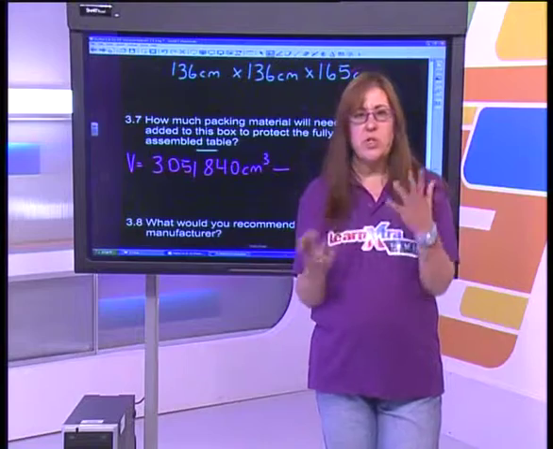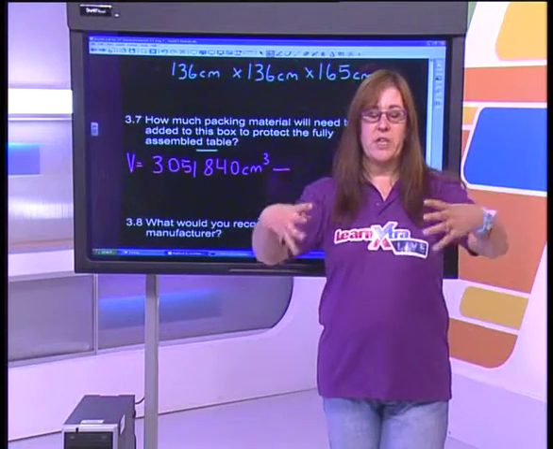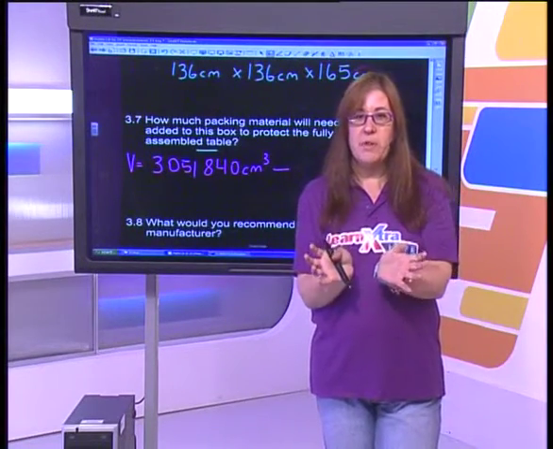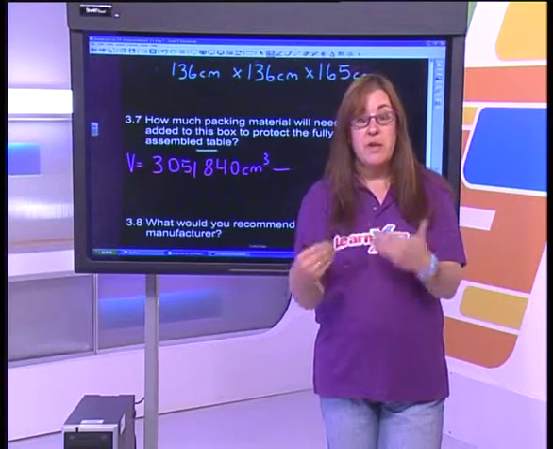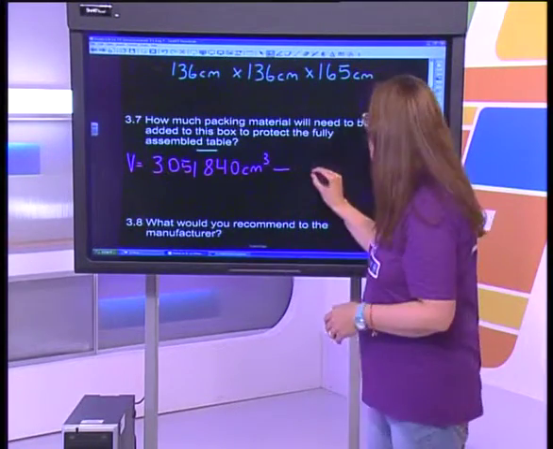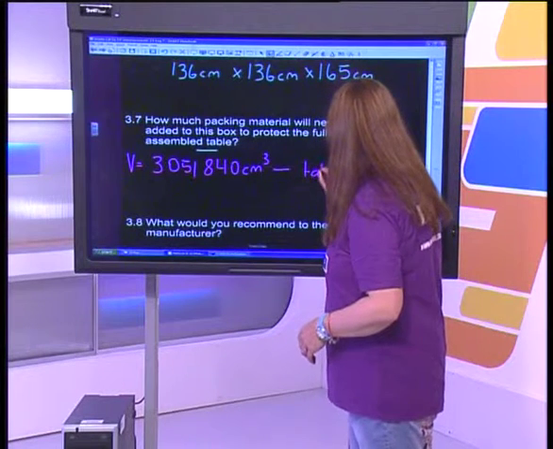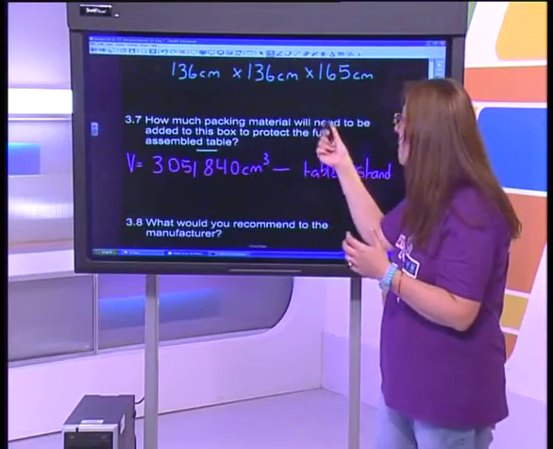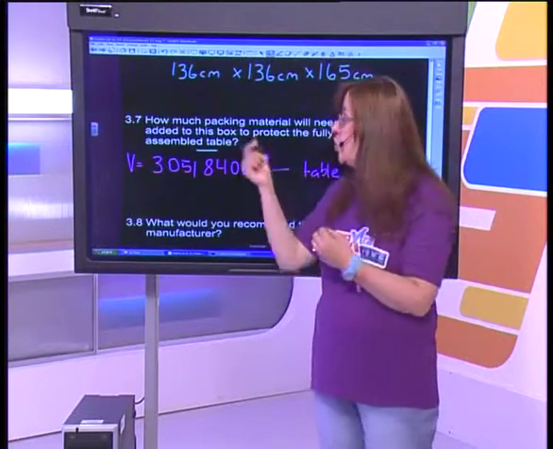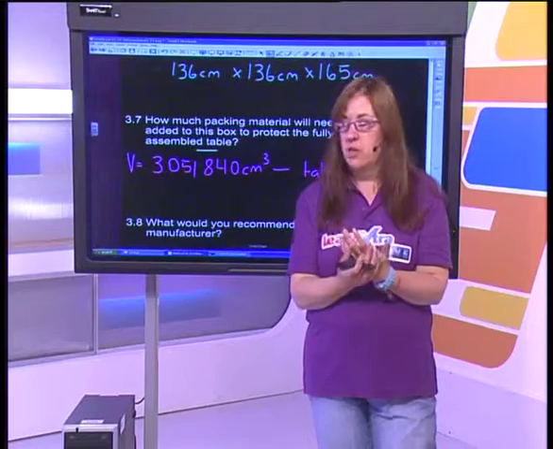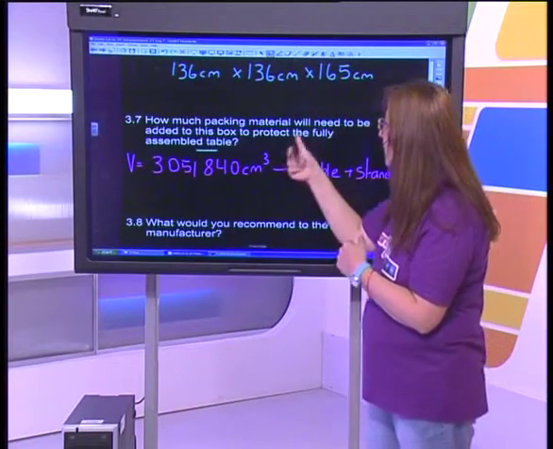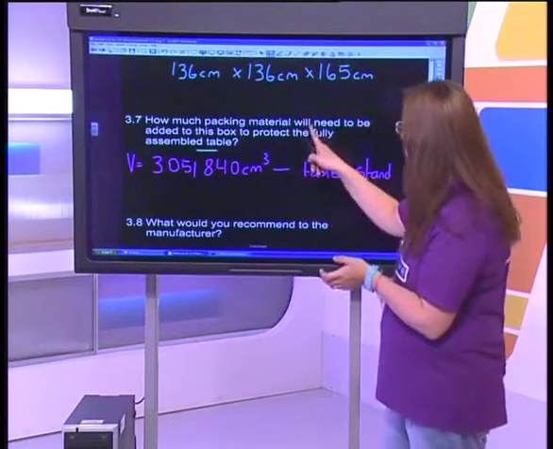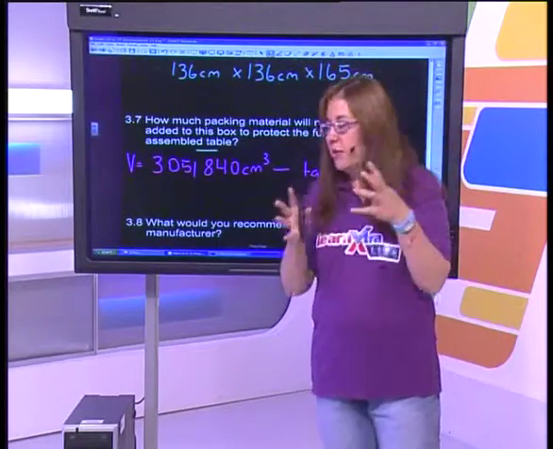And in actual fact, I'm not going to do the calculation, but remember we did the calculation of the tabletop, the volume, and we did the volume of the 3 pieces for the stand. So we would minus the tabletop and the stand. I'm not going to do it right now for you. And you would get a total. And the balance is what you need is your packaging material that you need to protect this table. So I think that that will give you enough information for you to finish this on your own.